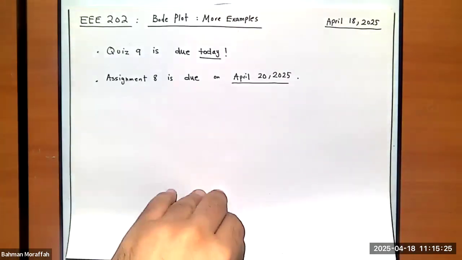So we're going to do a few more examples of the plots to just make sure it completely makes sense to all of us. Okay? To just refresh your memory, what we talked about was if we have a transfer function or a frequency response, we need to plot magnitude and the phase, and to be able to plot the magnitude, we have to